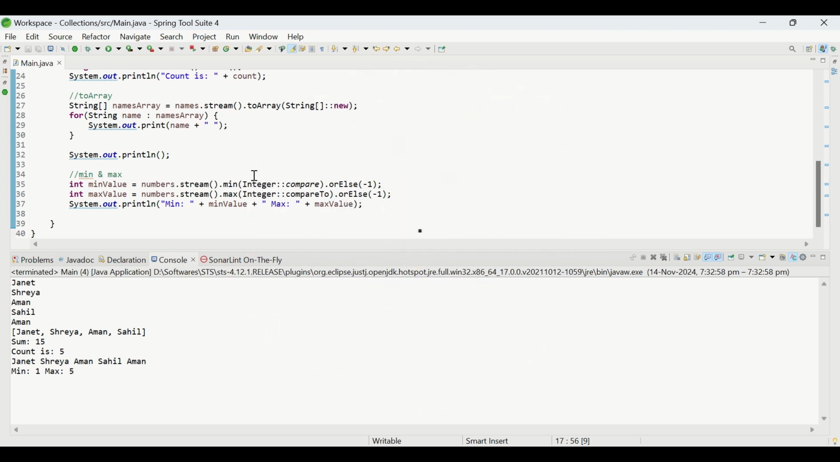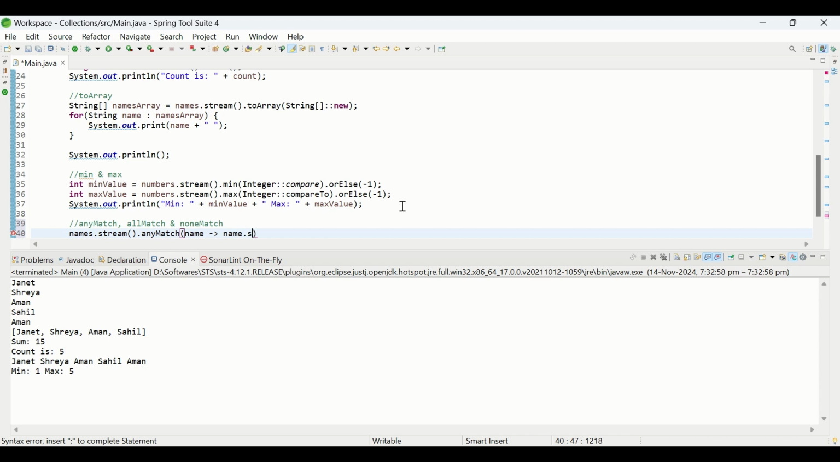Now let's talk about the anyMatch, allMatch and noneMatch functions. So these functions check if elements in the stream match a given condition or not. These are helpful when we need to verify if elements meet specific criteria. Let me show you the example. So I will write anyMatch, then comma, next will be allMatch, and we have noneMatch. So let me write names.stream().anyMatch, and here I will write name arrow name.startsWith,